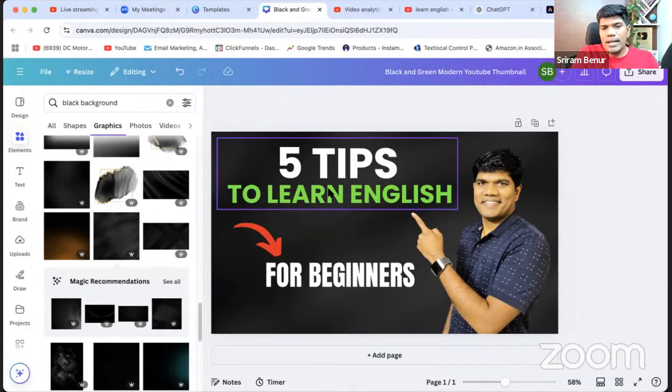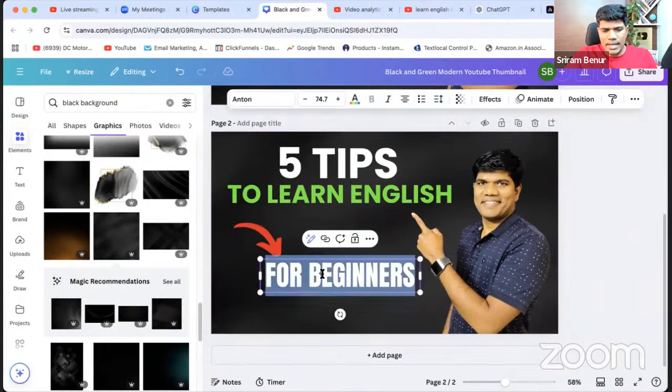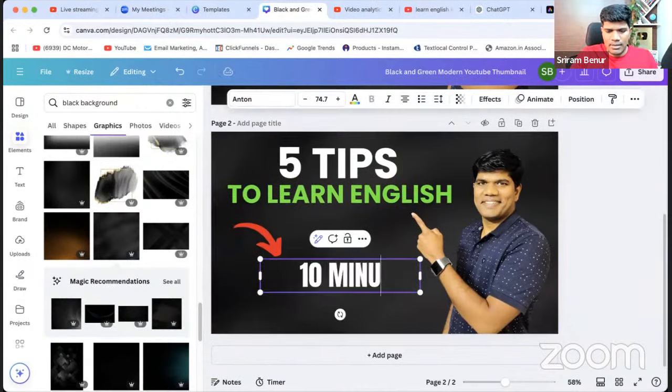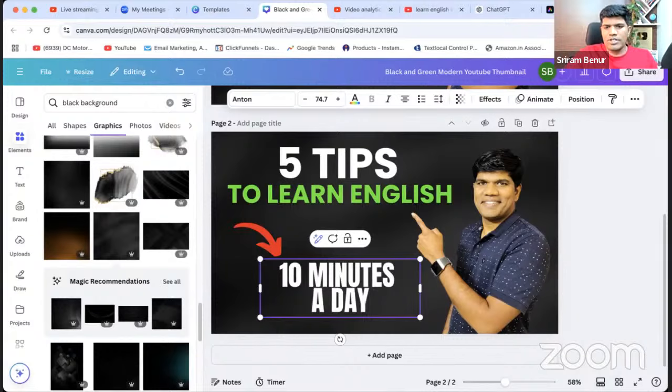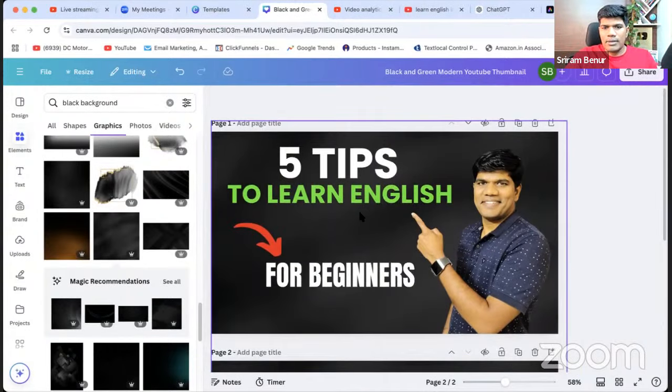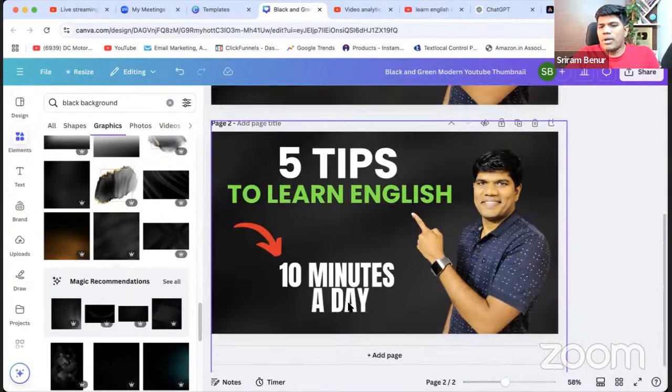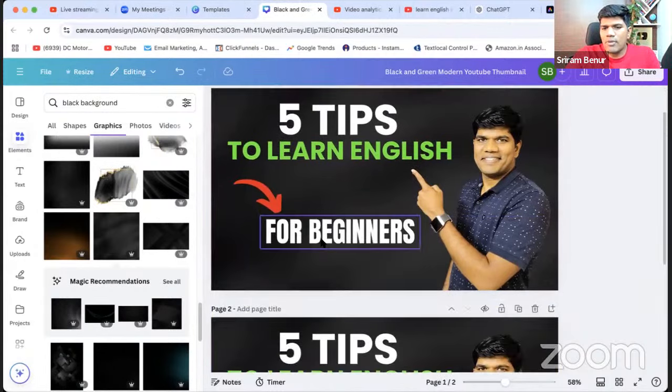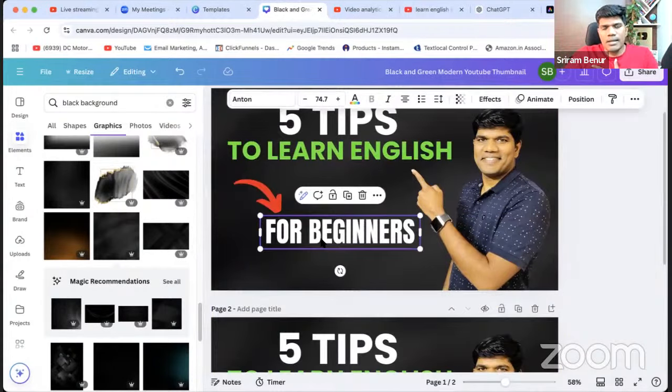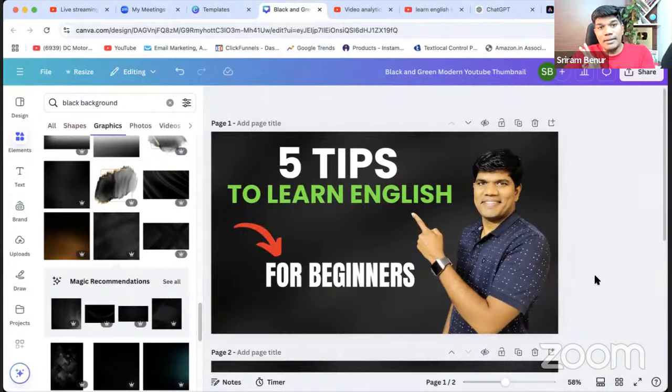Right? Now, what I did here, I reduced my, check this. What was my earlier thing? It was 10 minutes a day. This is the first variation, right? Now, this is the second variation. Now, think what would grab more attention. Is it 10 minutes a day would grab more attention or for beginners? So somebody who is a beginner, this might grab more attention. Okay, so you can have this, but in the title, have as 5 tips to learn English in 30 days, bracket 10 minutes practice only.